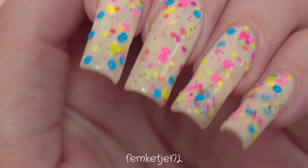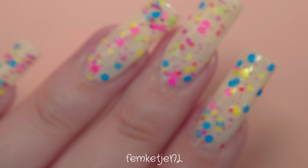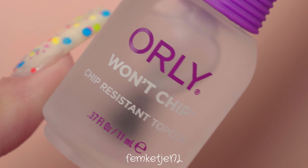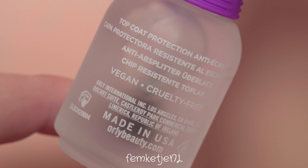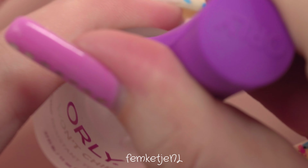But yeah, it is pretty much time to slap on the top coat. Of course, you do want to wait a couple of minutes before going in with your top coat, or just wait before your colored coats are completely dry. I tend to wait 3 to 5 minutes in between coats before I go in with the next one. The top coat I'm going to use is actually one by Orly. I got this one sent out by PR